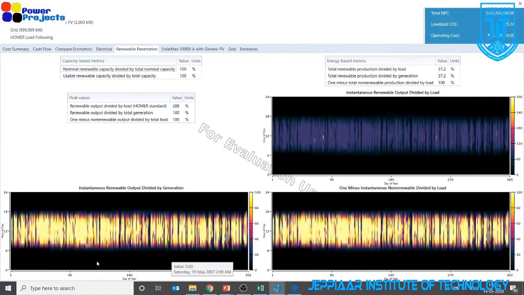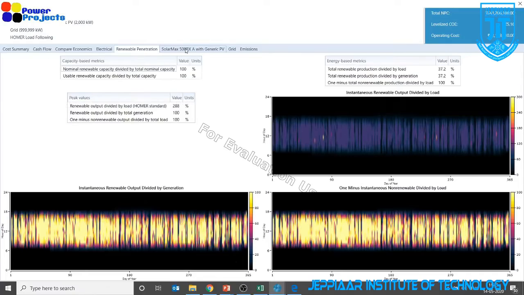Whenever I see this, that is early in the morning, there is no sun, so the power output is 0. That's the case even after the evening 6 o'clock. But between morning 8 o'clock to evening 5 or 6 o'clock, it generates the electricity. So how much power or energy it generates in that particular hour is given in the color. So the value, it says it's 100, right? That is Thursday 6th December 2007. That year, which I have given as the start year, is 2007, so that's the reason it's giving 2007. But on December 6th, at 1 p.m., this is generating some energy. So you can find out what's the power which it generates, right?